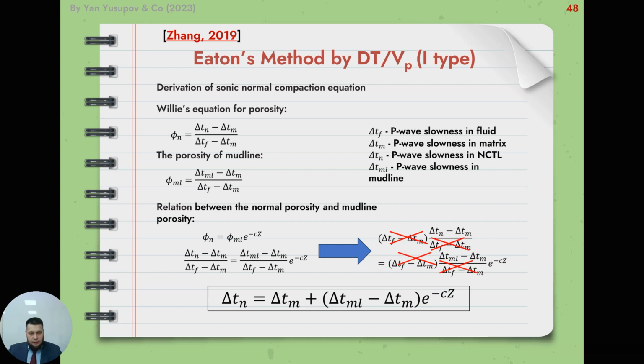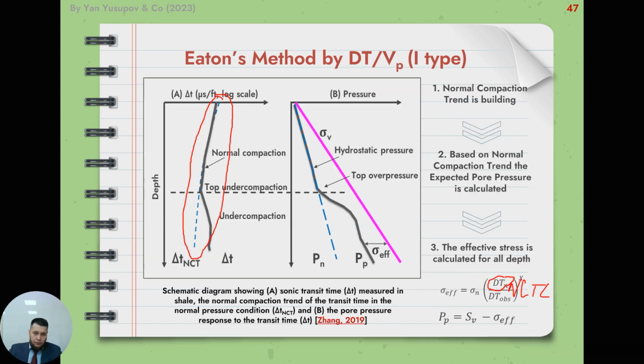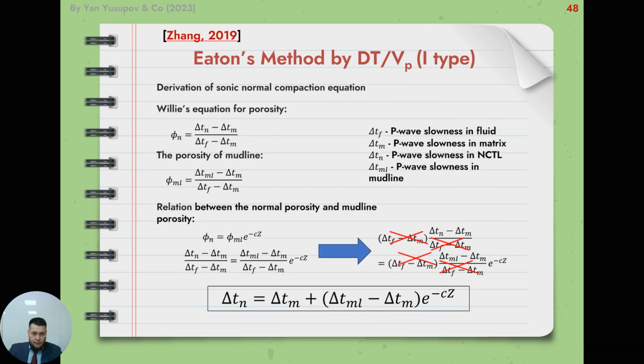The equation for normal compaction trend line for this curve described here. We know porosity and mudline porosity, and relating the normal porosity and mudline porosity, we get this equation. This equation defines normal compaction trend line for Eaton's method,